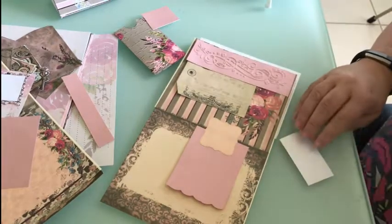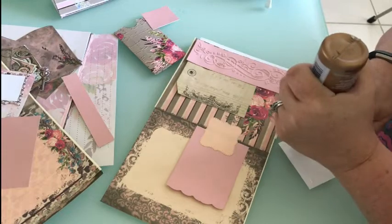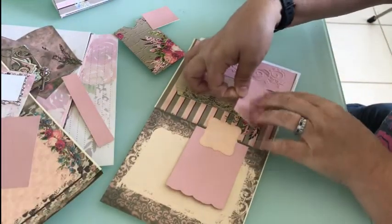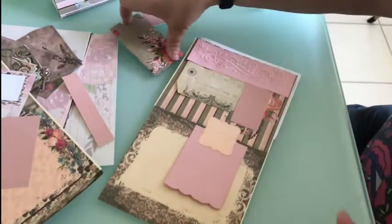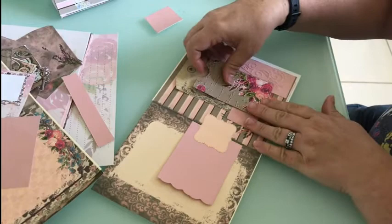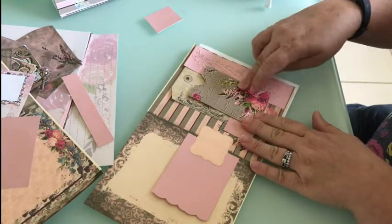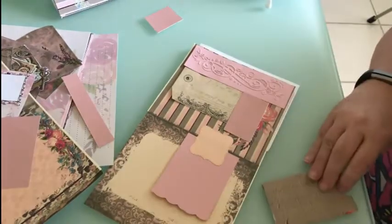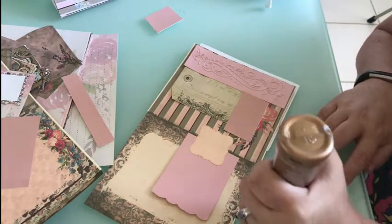By doing that, here we go, shaking the glue again. I may have to switch over to the tape gun. By doing this, I feel like we can bring the pocket downward, and see what I mean? Then once you have tags in it, they're just going to be to the top. They're not going to stick out too far. I don't mind them sticking out, but if they stick out way far, they're going to get